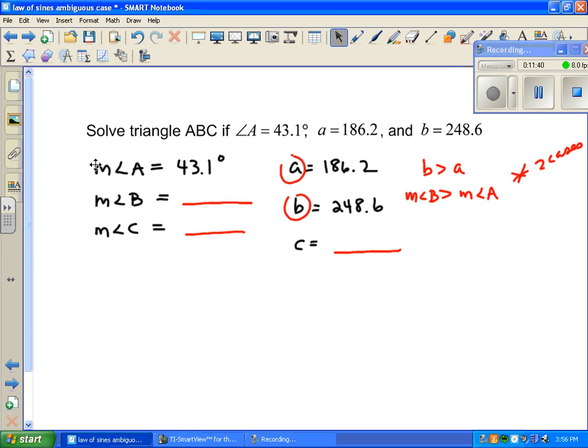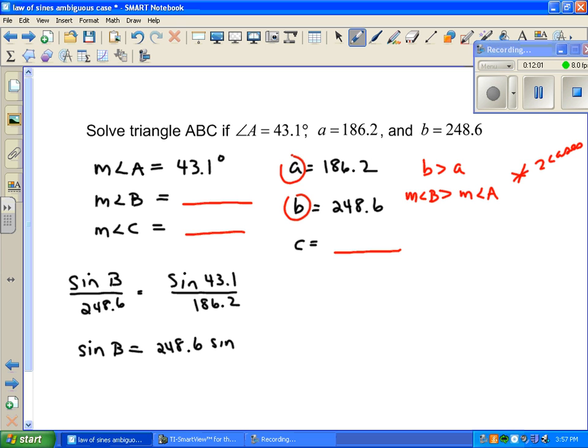All right, so what do I do first? Set up my law of sines proportion. Sine of B divided by 248.6 equals the sine of A divided by 186.2. I don't know why I did that backwards, but that's okay. We cross multiply. The sine of B will equal